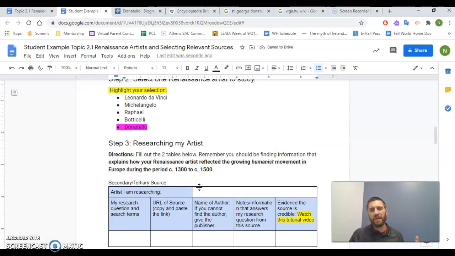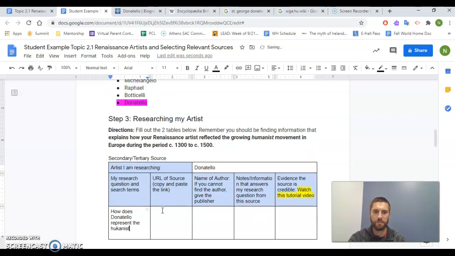Real simple here. Now, when you get to step 3, this is when you're really going to start doing some research. But it starts pretty easy. I'm doing Donatello, so I'm just going to type that there. The big thing I need to be answering is, how does Donatello reflect the humanist movement? So my research question is going to be just that: How does Donatello represent the humanist